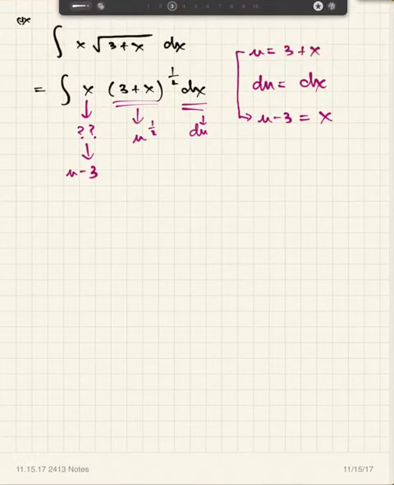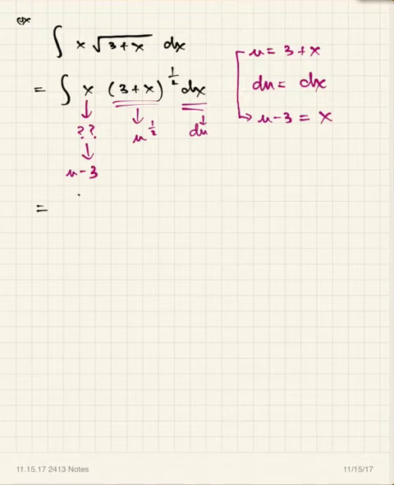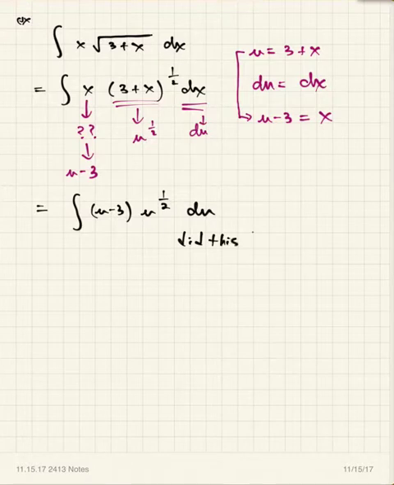Now you still have the question about whether this actually helps or not to do this. So we'll write this out. So x is going to be u minus 3. And this is a good problem to illustrate the idea that sometimes you take this substitution and you manipulate it like we did right here. The 3 plus x to the 1/2 is going to be u to the 1/2, right? And then dx is du. So sure enough, I have this integral now all in terms of u. Did this help to use this substitution? And the answer is yes, because in the original problem, this integral right here, this cannot